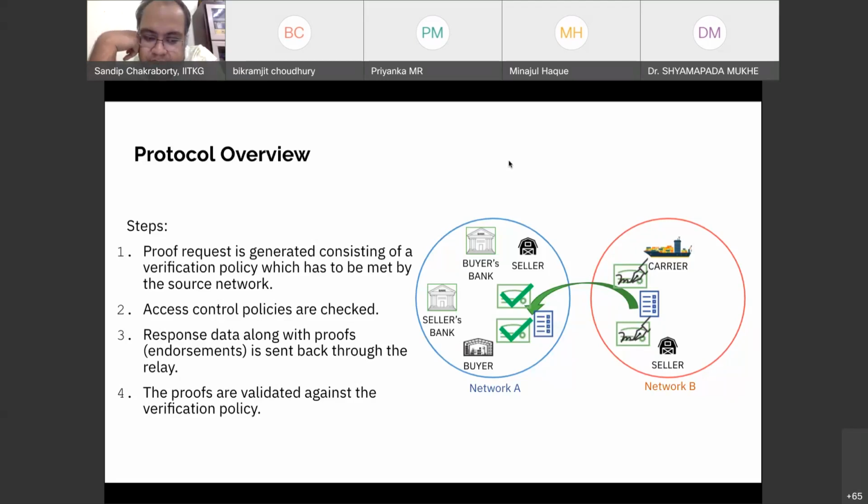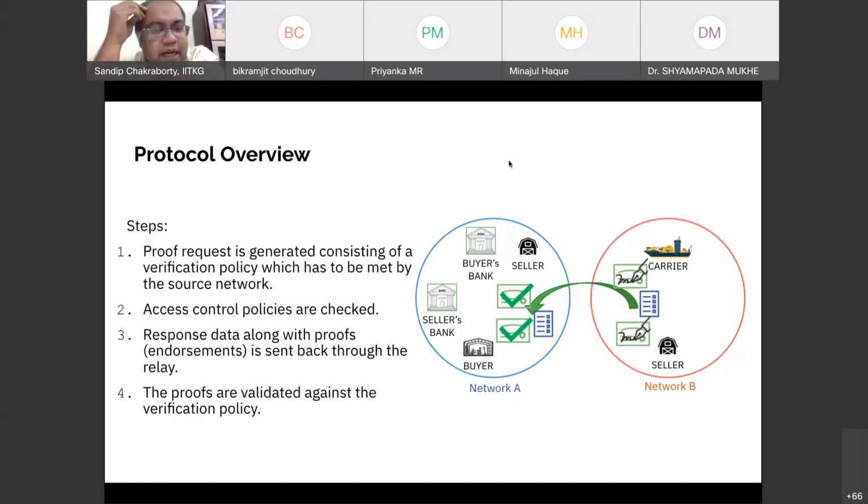Oh, okay. So suppose for one network, what I understood is that every node has that relay service. Right. Okay, so when one node from one blockchain is trying to send some asset or any kind of thing to another node in another blockchain, how will the first node know about the second node?